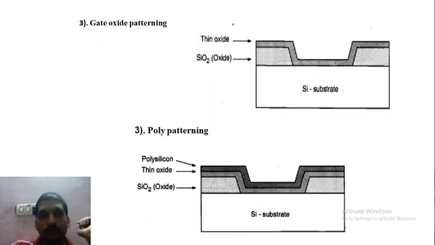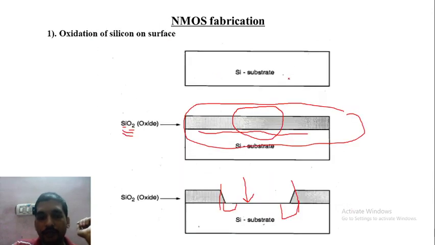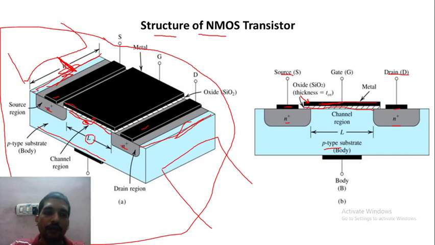Okay, so in this manner, first of all we have done the first step. Let me go back. That means we have removed this portion and finally we get thick oxide over the two areas by patterning it with the help of photolithography process. So if we go back, here we have done only the first step, that is thick oxidation is done.